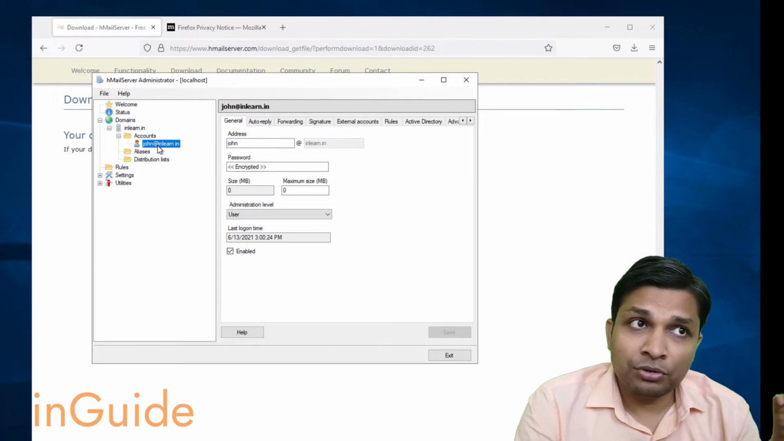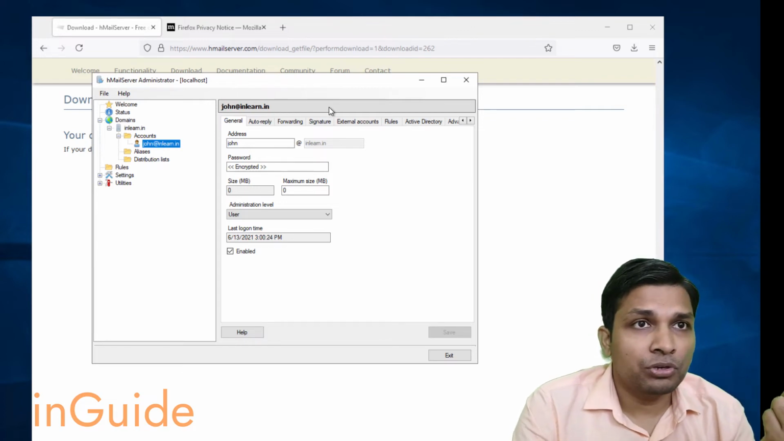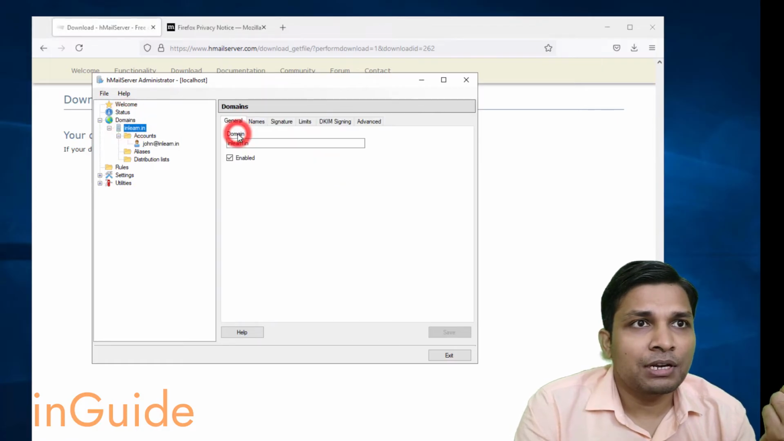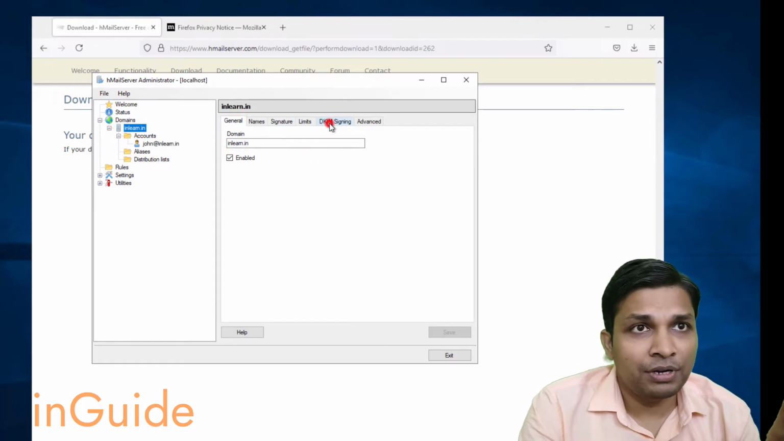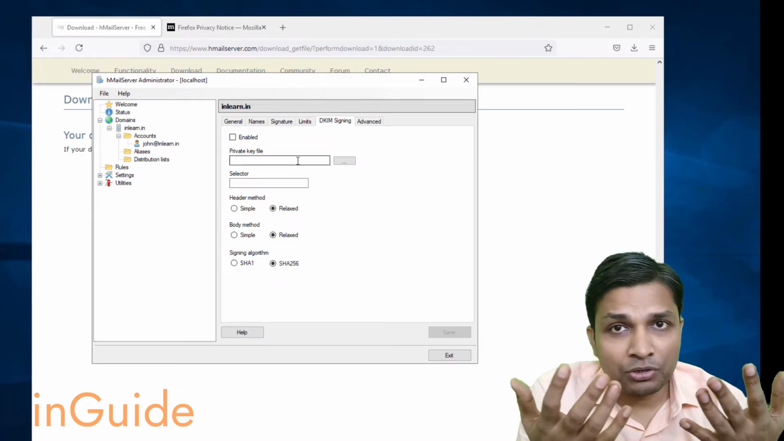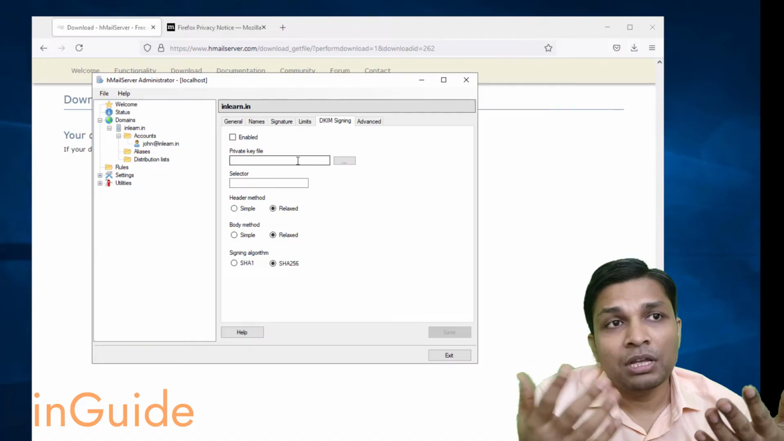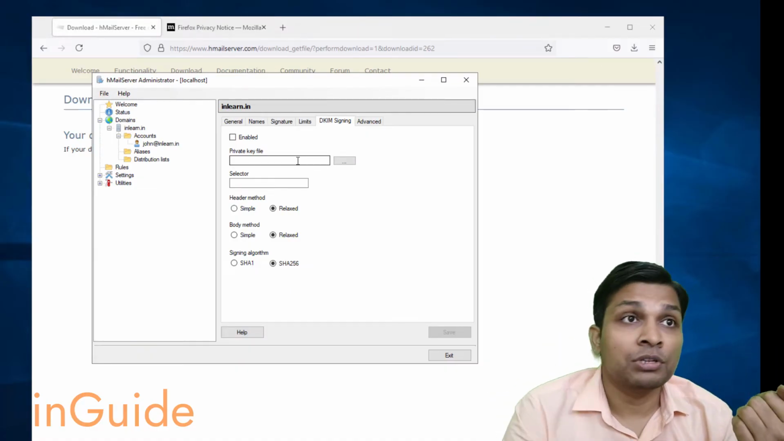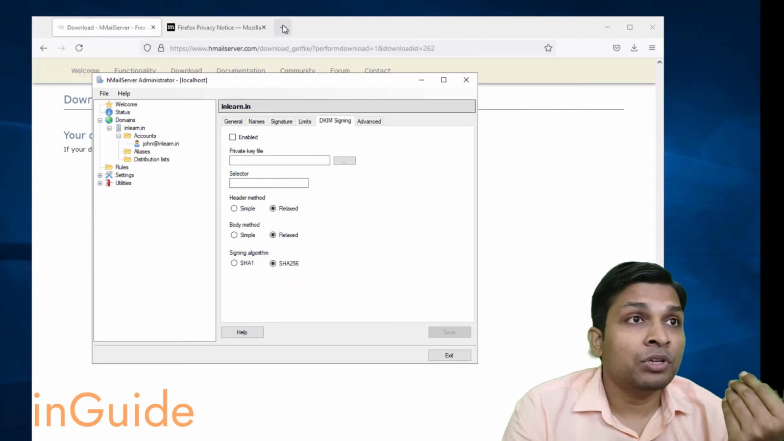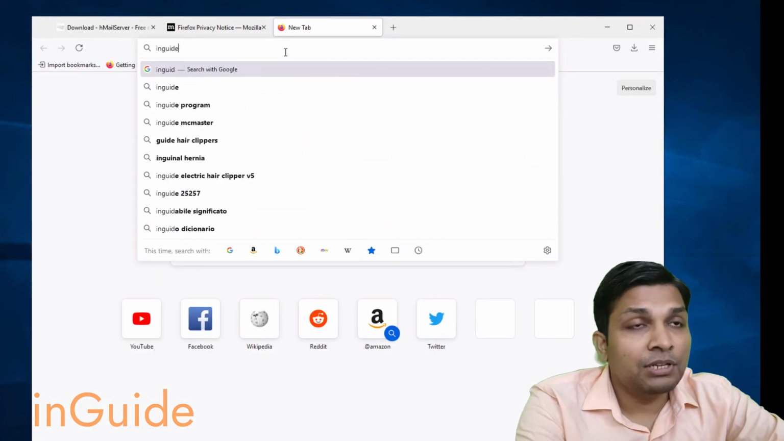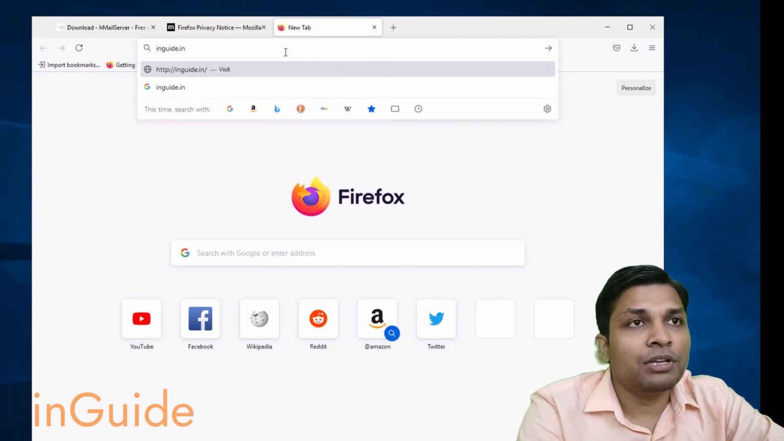Alright, so next I am going to go to domains and obviously select this, and I'll go to DKIM Signing. So you know DKIM Signing is very important to deliver your emails to the inbox. Unless you do that, your emails won't go to the inbox. So what you have to do here on this machine, you have to go to inguide.in and